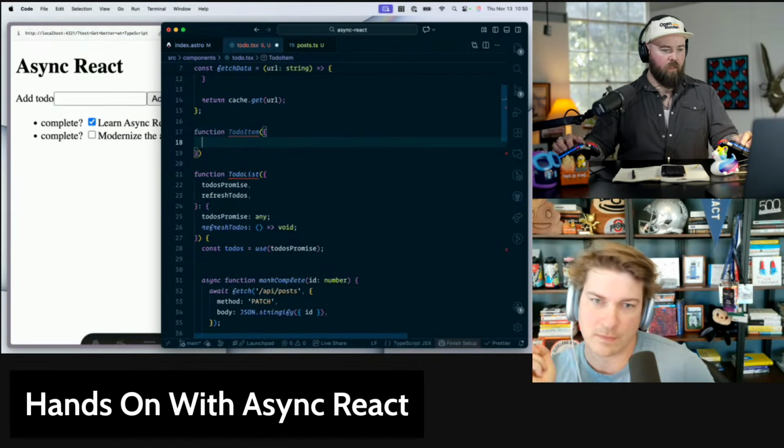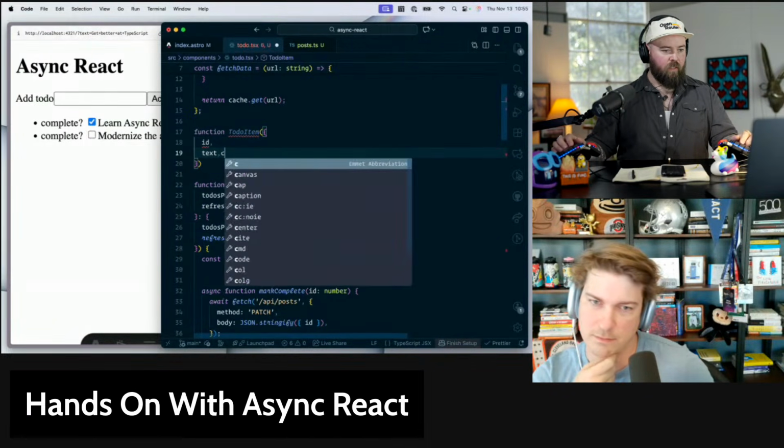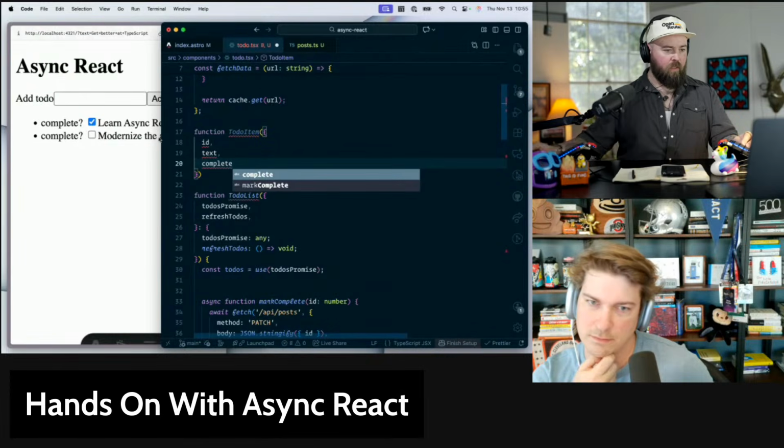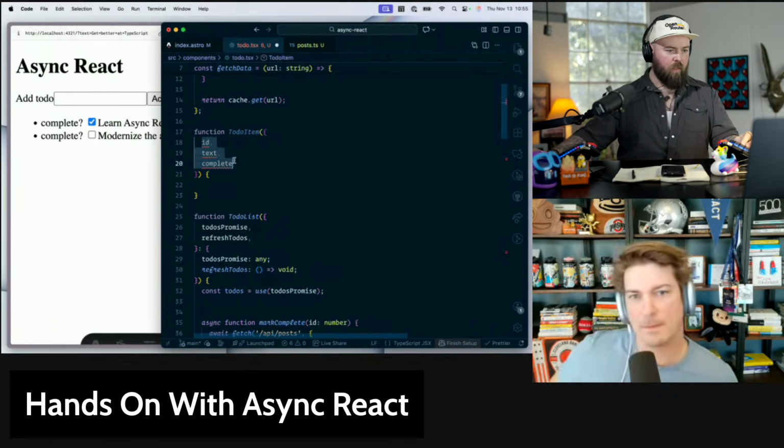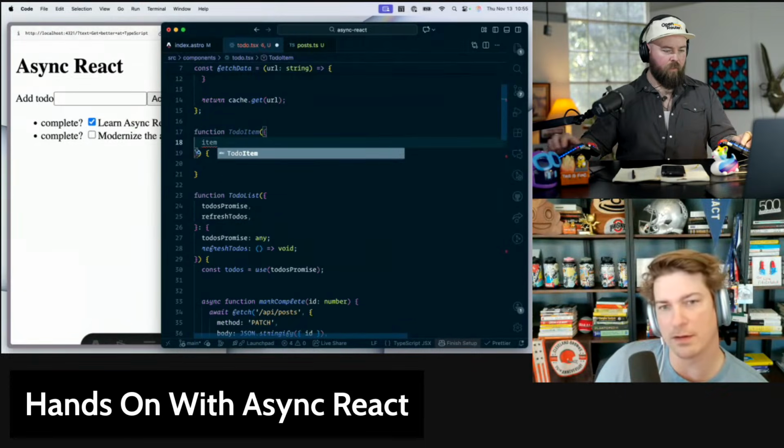This is going to have ID, the text, and the complete state. You could probably just pass the whole item in. That's probably easier, so if we add any fields to it, you can.